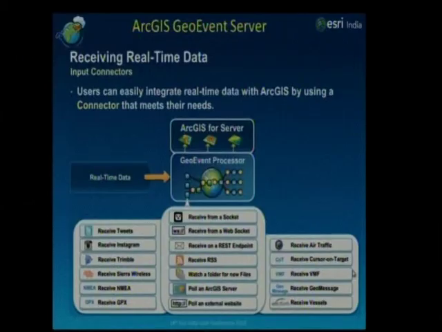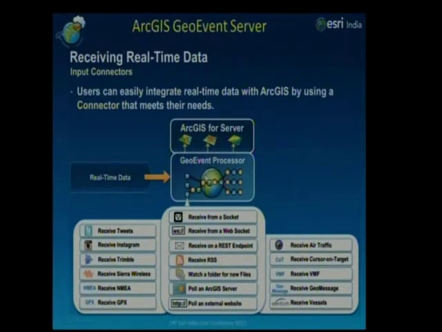And it can be sequenced. You can get these events in the order of time, and based on those inputs, you can act upon them. That's how you get inputs from various fleets. It can be a defense fleet or a fleet of vehicles, or a social network wherein you can plot it, create services out of that, and publish them as an application. So these are the ways we can receive things. You can receive it from a WebSocket, from a REST endpoint, or through air traffic or cursor on target, different kinds of modules which we are supporting.